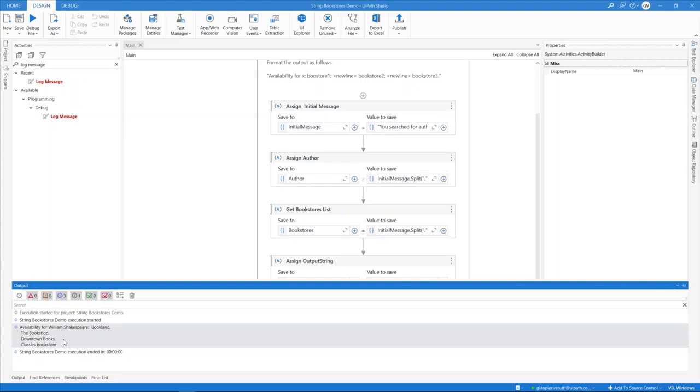Great! With this, we conclude our demo on how to use string methods and properties in UiPath Studio. To quickly sum up, we've built a process which extracts substrings from an input string, stores them in separate variables, and composes an output string by merging the variables. The methods that we've covered are split, substring, last index of, trim, toList,